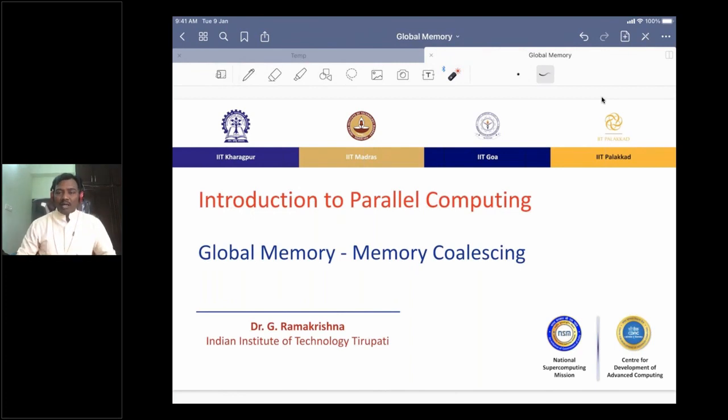And we have seen at least a couple of programs, especially on incrementing an array of given numbers, right? That is where we stopped our yesterday's session.